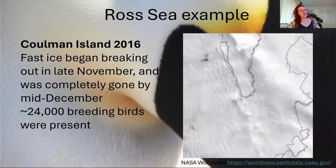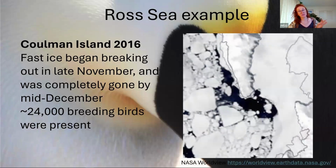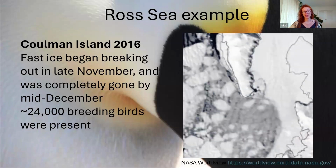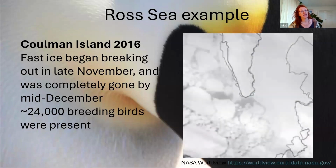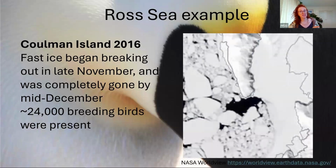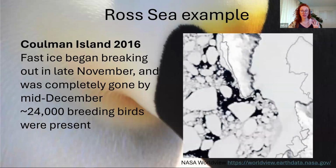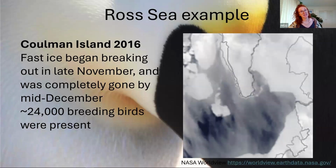So my research is based in the Ross Sea, and I used satellite imagery to understand the ice breakout patterns in the Ross Sea at our 7 colonies. This was Coleman Island. In 2016, there were approximately 24,000 breeding birds there estimated, and the ice began to break out by